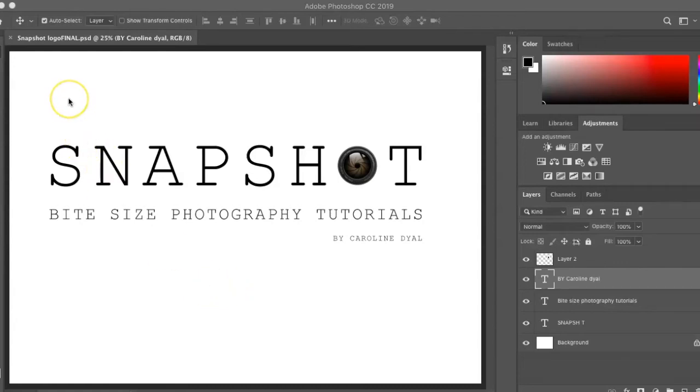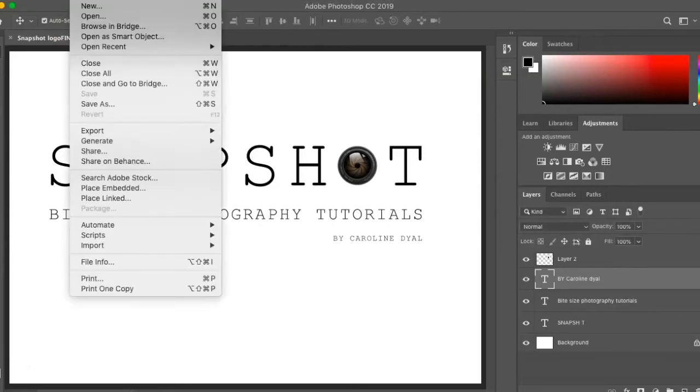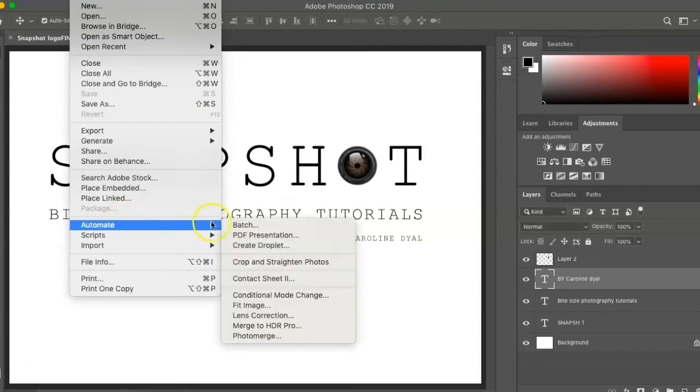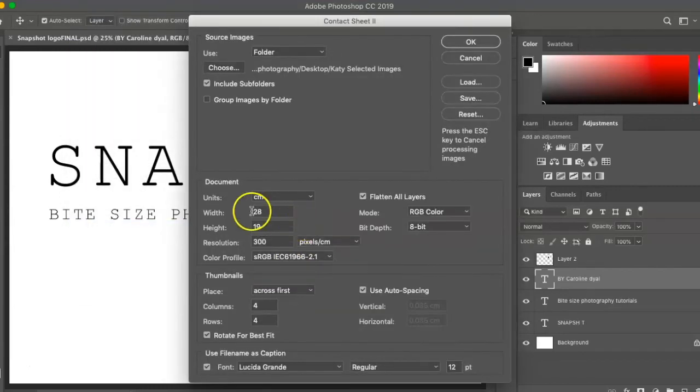So in this lesson we're going to look at how we can automate and create contact sheets using Photoshop. So first thing we need to do is go to File and then down here to Automate and go to Contact Sheet 2. Okay, now this dialog box will open, and then you need to go to Choose,